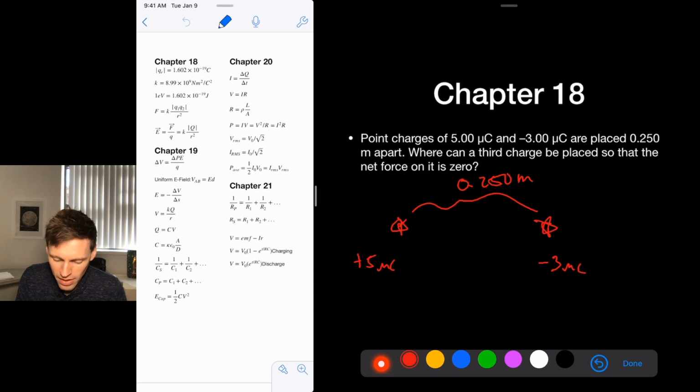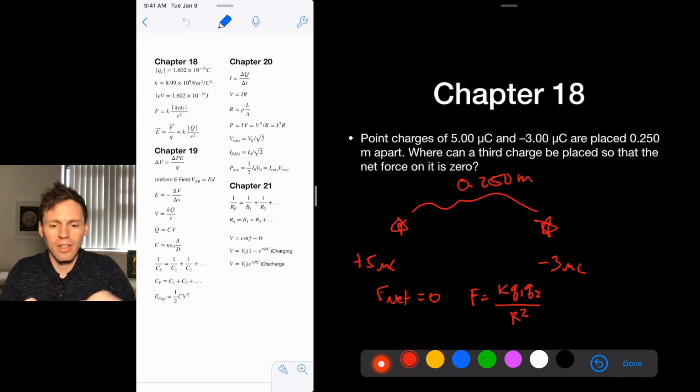The goal here is that you want F net to equal 0. So if I put a charge somewhere here, I need it to have no net force on it. So what I need to do is find where the net force from these two charges is 0. So we're going to have F is KQ1 Q2 over R squared, and we need to add some force